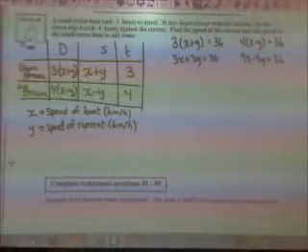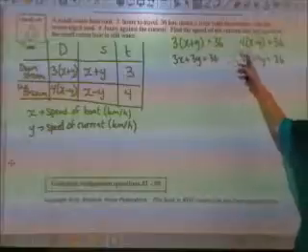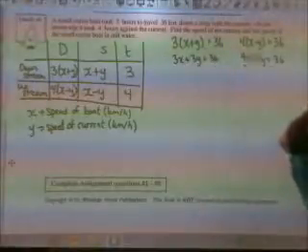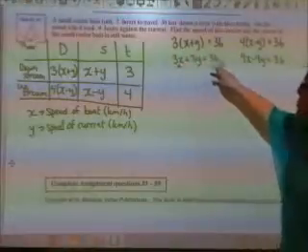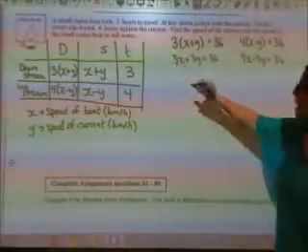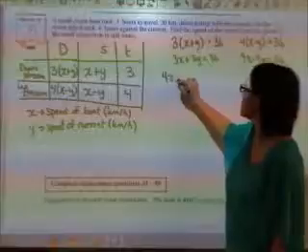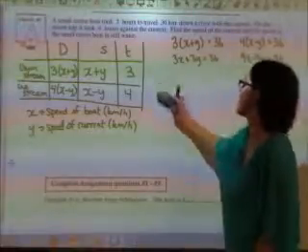what do I want to find? The speed of the boat or the speed of the current? Pick one. Speed of the boat. There we go. Let's find the speed of the boat. So what would be my common coefficient that I would need? 12. So if I need 12, what do I multiply this one by? 4. Okay. So I get multiplied by 4, and I get